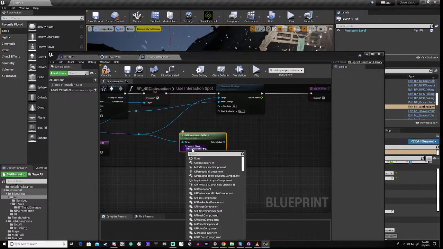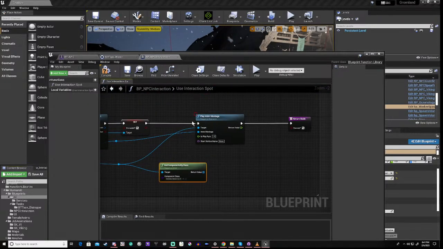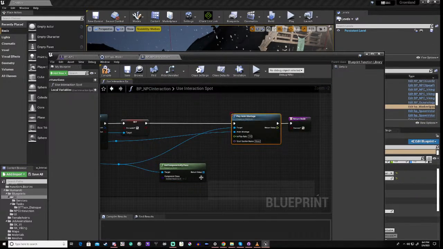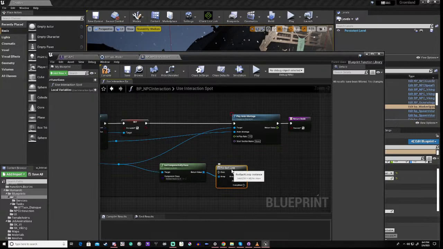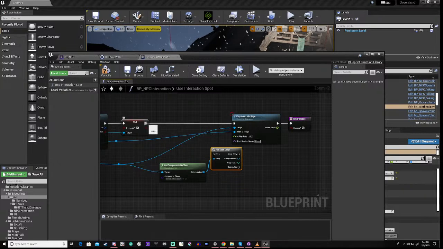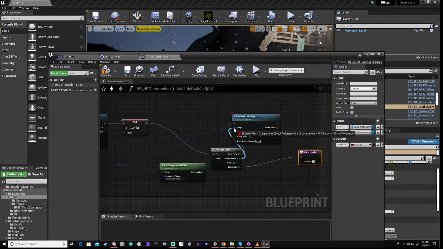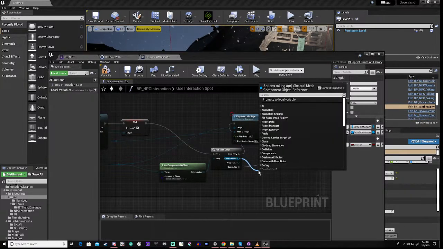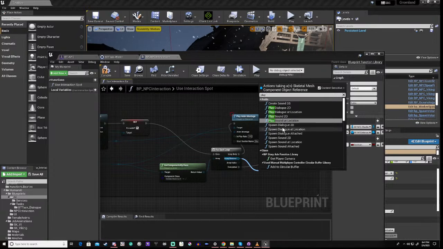Right. Skeletal mesh component. For each. Alright, so we'll keep this down here so that we know that everything's cool. We're going to have to return our success. So that's going to be on completed. We're going to loop that into the body. And then our target is going to be not that. Okay. Play. And we might have to say